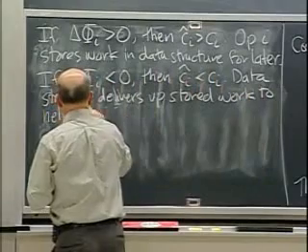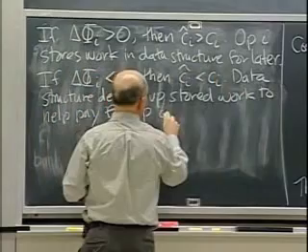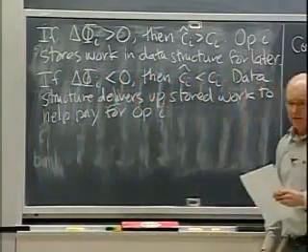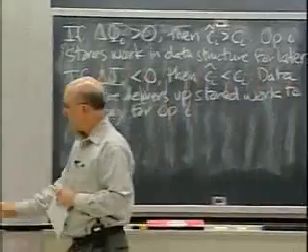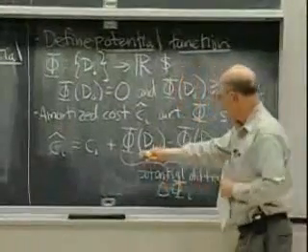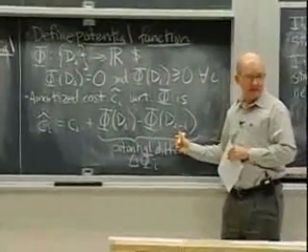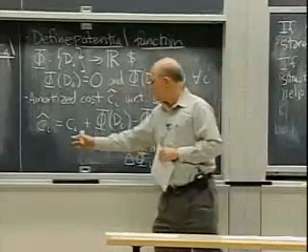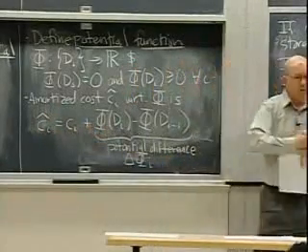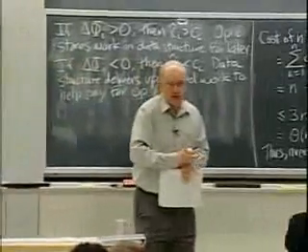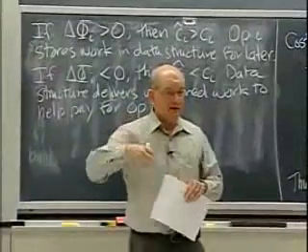Help pay for op I. Okay, for operation I. So if it's less than 0, that means that my change in potential, that means my bank account went down. Okay, as a result. And so therefore what happened was the data structure provided work to be done in order, because the true cost was bigger than